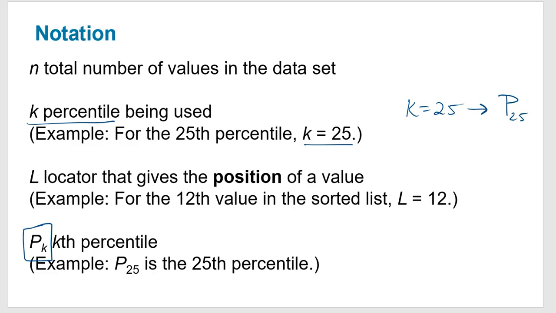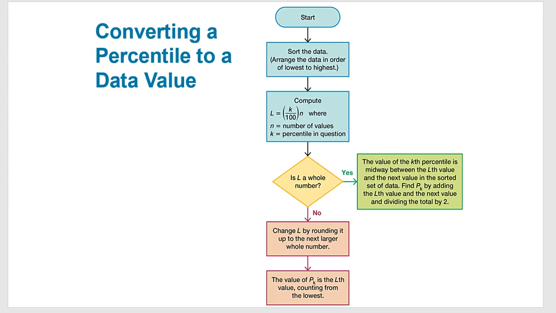There is something called a locator, L, that talks about your position in the list. So if you're the 12th value, then you are L equal to 12. A lot of times they may ask you to locate, like they may tell you, you're in the 36th percentile, find the locator of this 40 data set, or something. They might ask that. So if that happens, your textbook, which is lovely, has this nice little